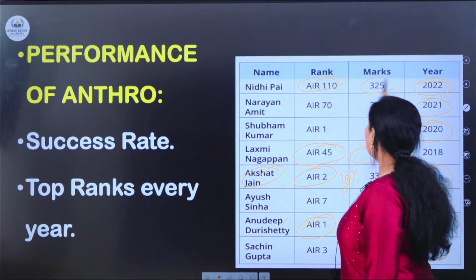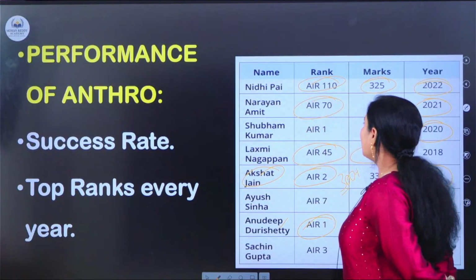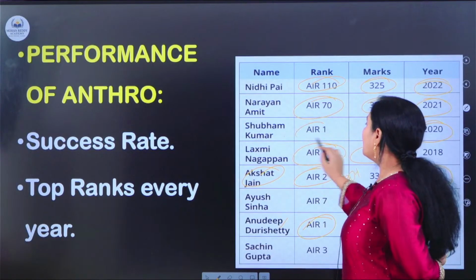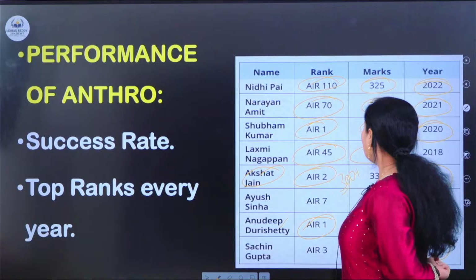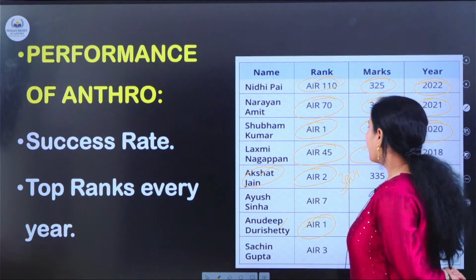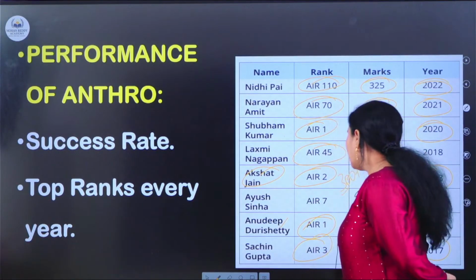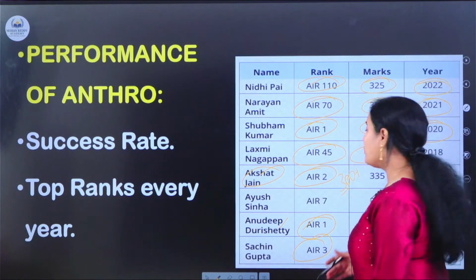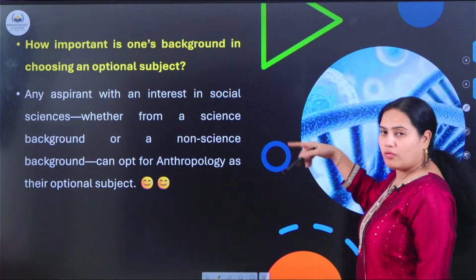She has scored 325 in anthropology. Narayan Amit, his rank is All India rank 70. His marks are 306. Shubham Kumar, he also scored All India rank 1. Okay, so his score in anthropology is 320, that has happened in 2020. Okay, and then we have discussed others, and Sachin Gupta has scored All India rank 3. His score is 339. So this is the performance of anthropology, and you will be perplexed like what is their